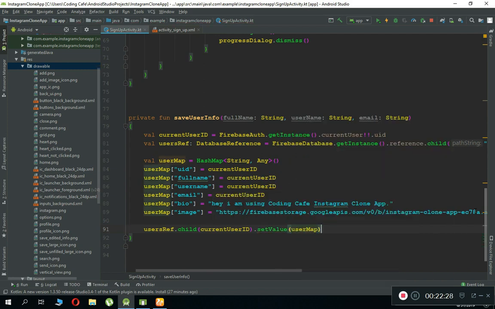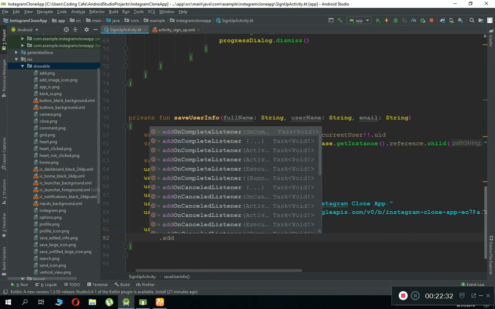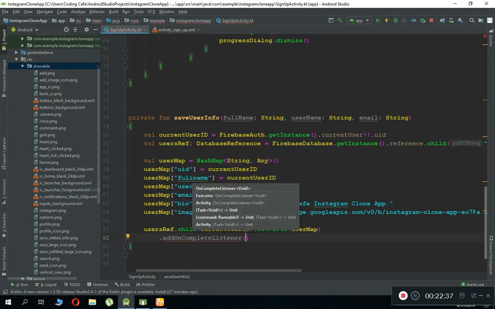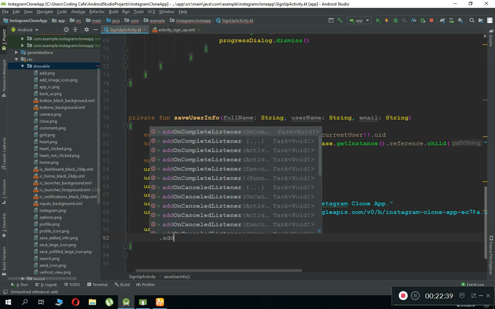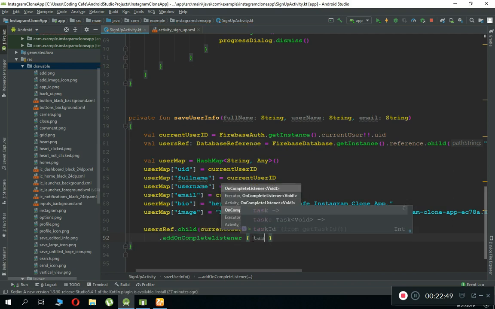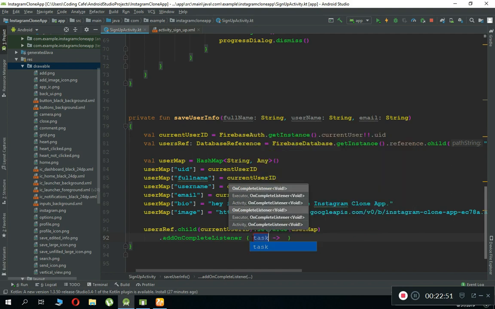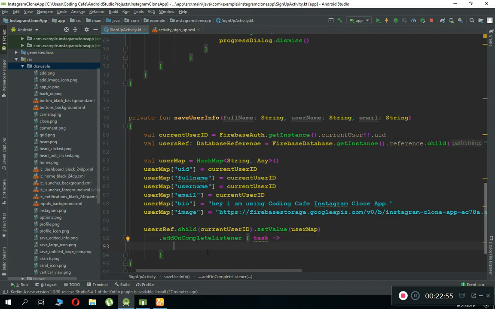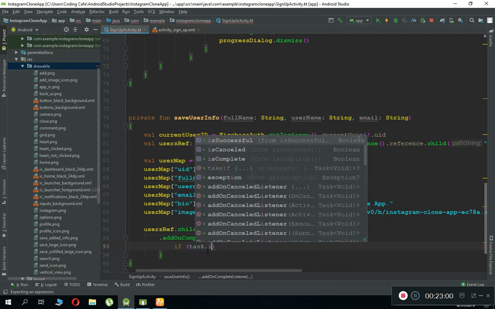Now we have to notify the user whether it is successfully added to the database or not. So you can say add on complete listener. If you write add, you can see this second option, click on it and it will automatically select this. So task, let's move this to the next line, and in here we say if task dot is successful,